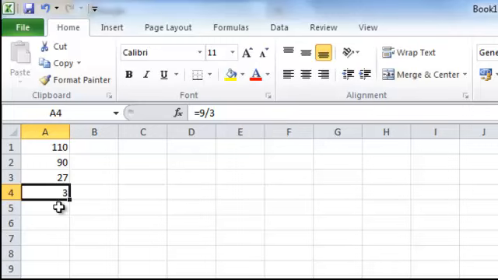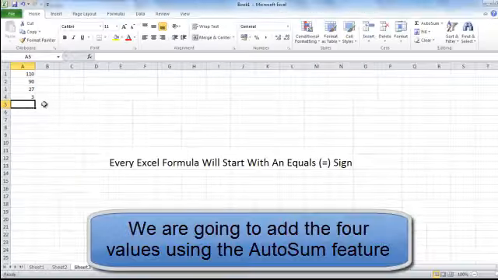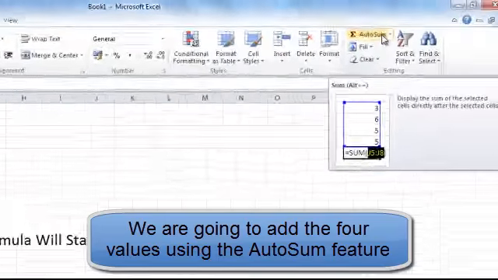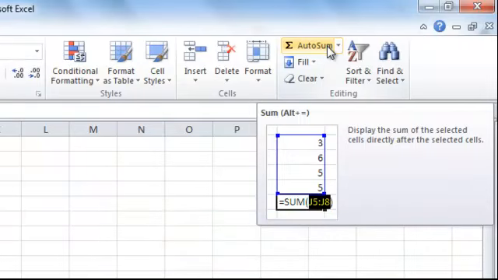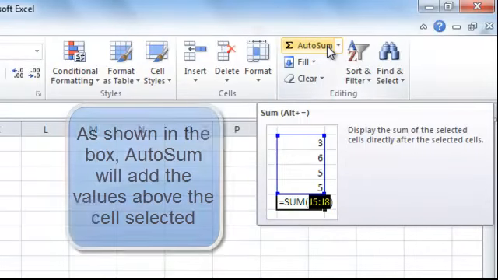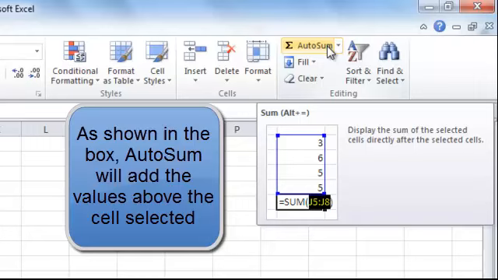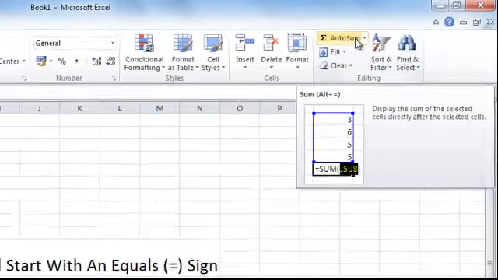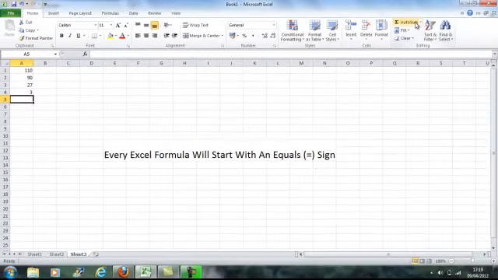Now, this time, what I'm going to do is add these four numbers together. But I'm not going to do the formula myself. This time, I'm going to move up to the editing group, and I'm going to click on Auto Sum. When I hover the mouse over Auto Sum, you can read it says display the sum of the selected cells directly after the selected cells. So what that means is it's going to add up the 4 cells immediately above it. So if I click on there,